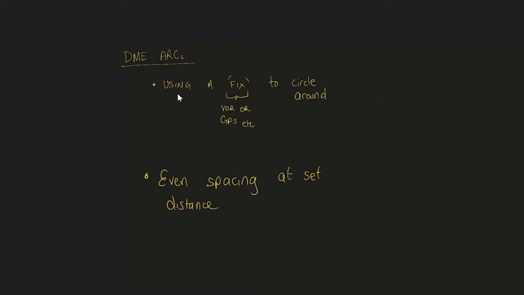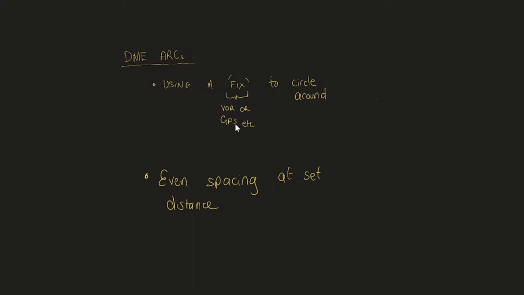We're going to talk about DME arcs and what they are and how to do it, essentially. To start off, let me explain what a DME arc is. DME means distance measuring equipment. Essentially, it's distance. It's a set distance away from a fix, typically a VOR, but it can